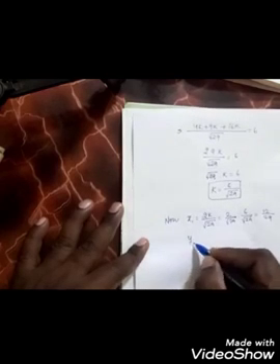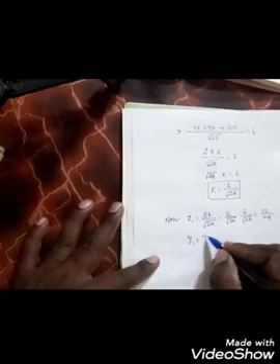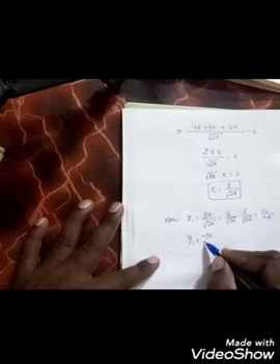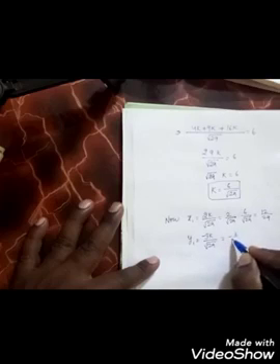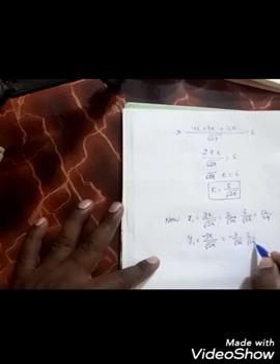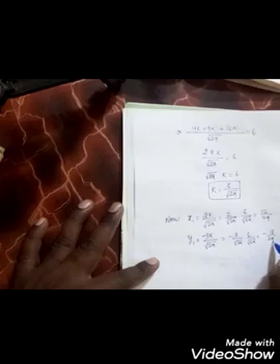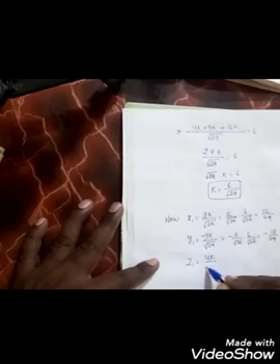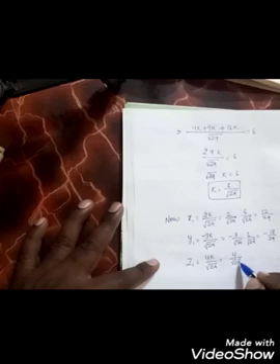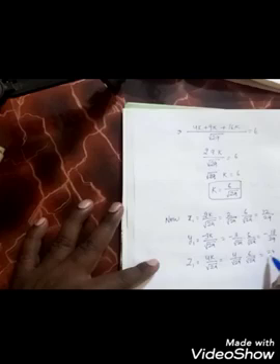Now y1 is equal to what you will get? Observe there. y1 is equal to minus 3k by root of 29. That is equal to minus 3k by root of 29 into 6 by root of 29. Therefore you are going to get minus 18 by 29. Now z1 is equal to what you are going to get? 4k by root of 29. That is equal to 4 by root of 29 into 6 by root of 29 is equal to 24 by 29.